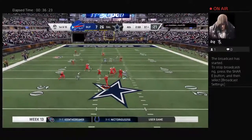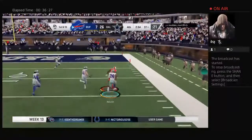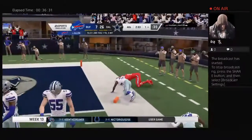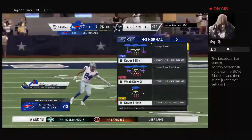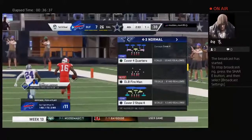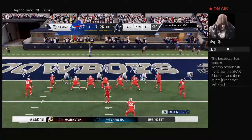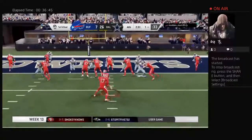Here's Allen. Got an open man. It's Foster. That one goes for 36 yards. Defensively, I know they have the comfortable lead here in the 4th, but they do not want to give up big plays like that. They want to finish strong. You tighten up underneath in your coverage, and you bring your...